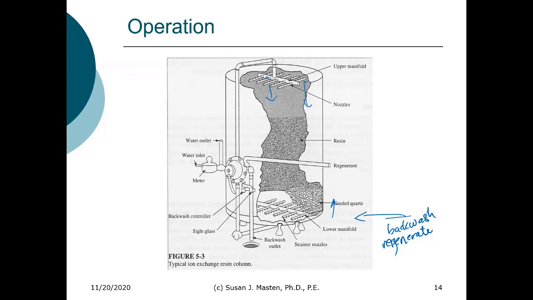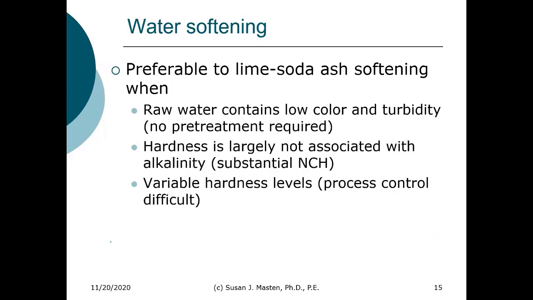That regenerate solution has a high chloride concentration, was then being discharged to the sewer system, and there was a sufficient number of water softeners to actually change the ionic composition of the wastewater, and therefore change the ionic composition of the groundwater in the aquifer. It's one of the major problems with water softeners, the issue of what do we do with this regenerate solution. So the last slide that I'll show today is the question,